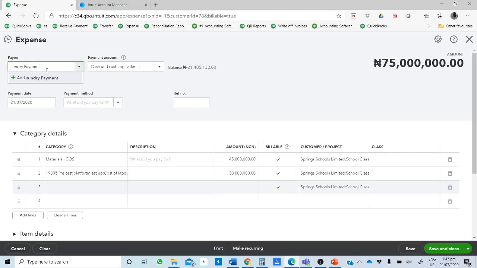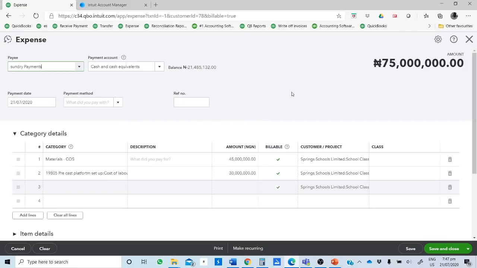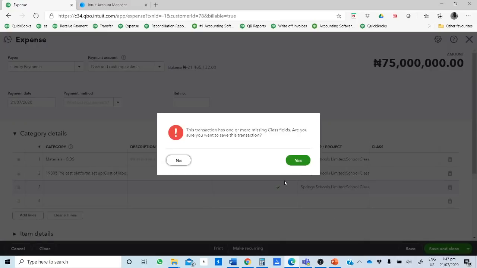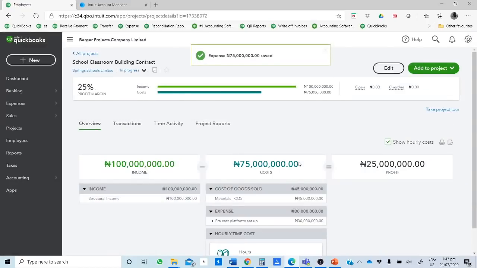You can create sundry payments as a payee and save it. So those are the two expenses that have been incurred for this project. We have the labor cost, we have the material cost. So we save it. Save and close. Are you sure? Yes, you can ignore the class. Now